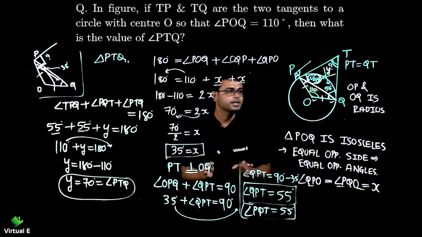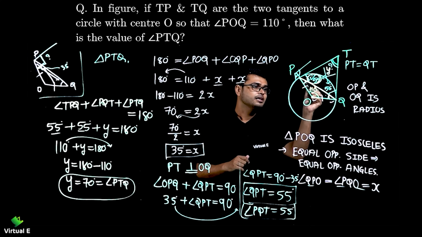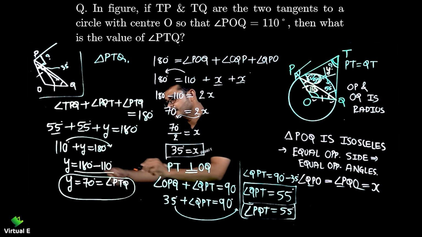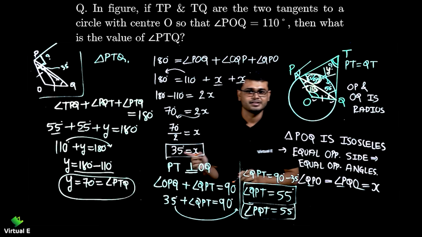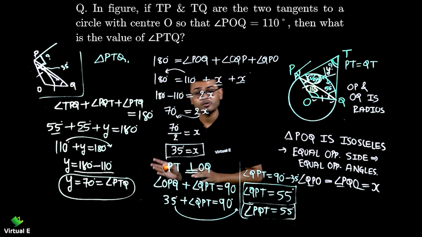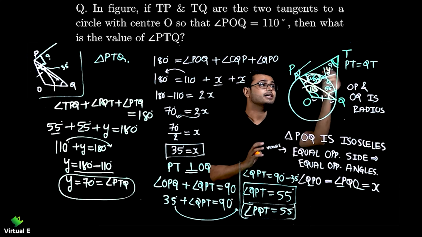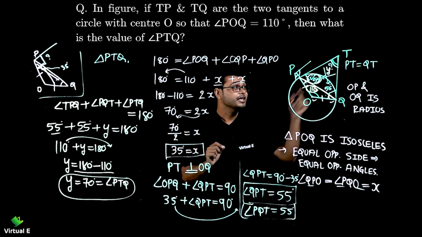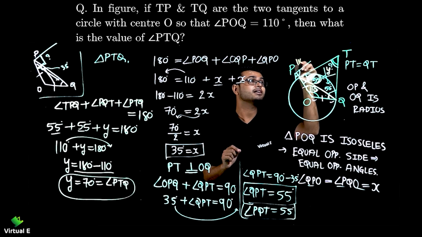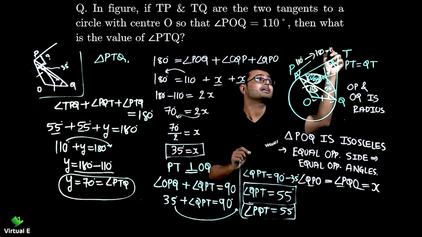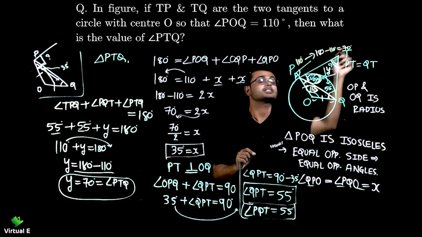I'll just give you a simple hint: this is 110 degrees, and see what we have done basically. 180 minus 110, right? Forget about all this method. Why I'm telling you: for a 1 mark question you can directly do it. This is a relation. These two angles always add up to 180 degrees, right? So if this angle is 110, this will be 100% 180 degrees minus 110, that is our answer, 70 degrees.